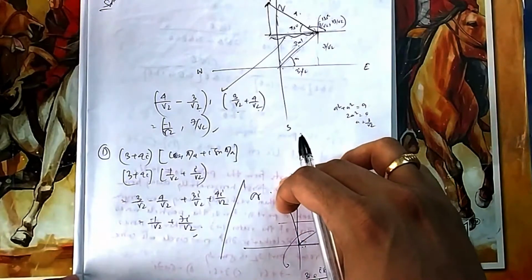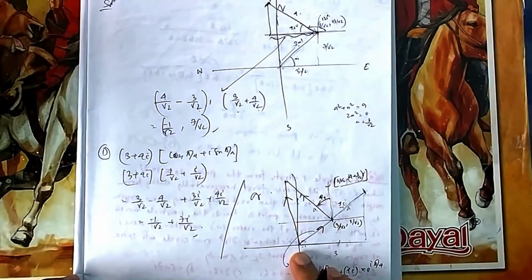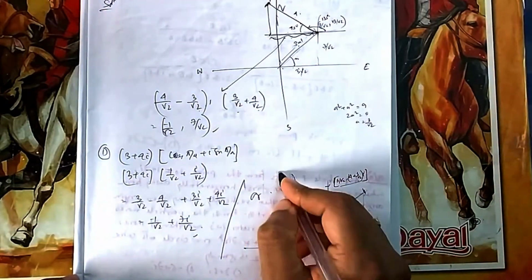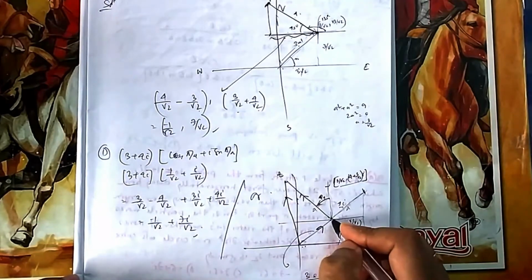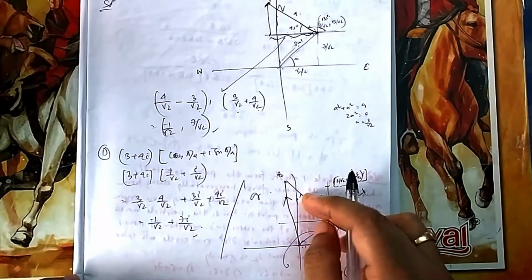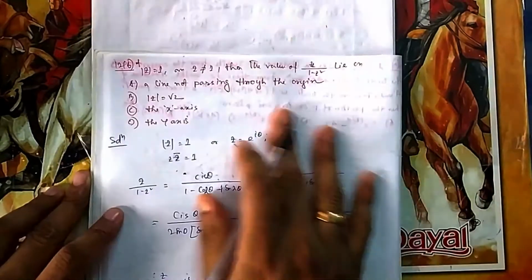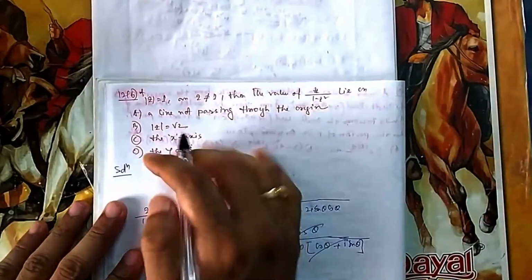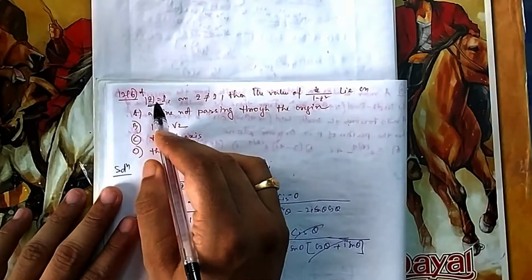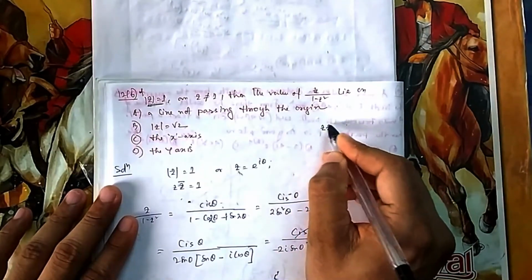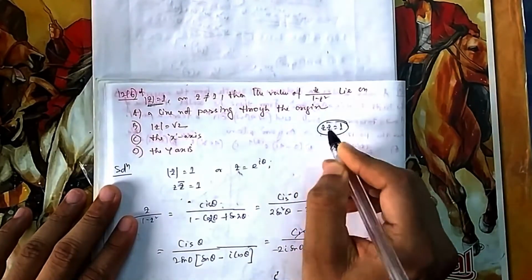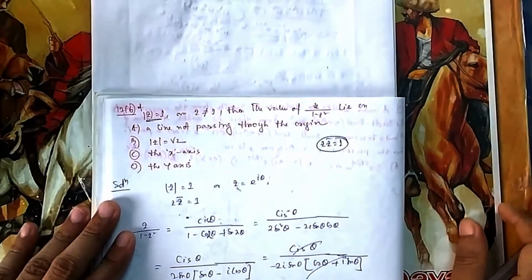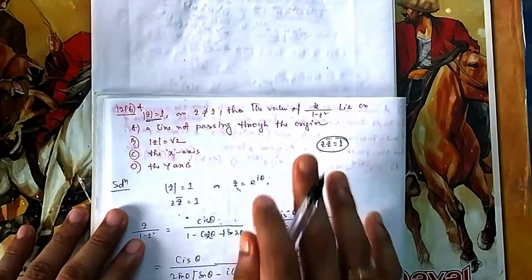Or once you get this vector, this is equal to z minus, you can see z minus this point is z. So this vector is equal to z minus this point. So z minus this equal to this, then what is your answer? Next you come to 12b, if mod z is equal to 1, so again mod z equal to 1 means z into z bar is equal to 1. So these things you have to be very careful once you got all these things. So whether it will be useful or not, that we will see.